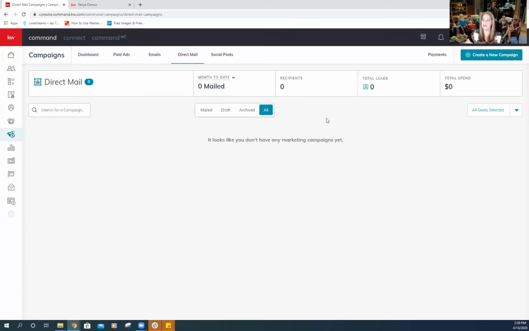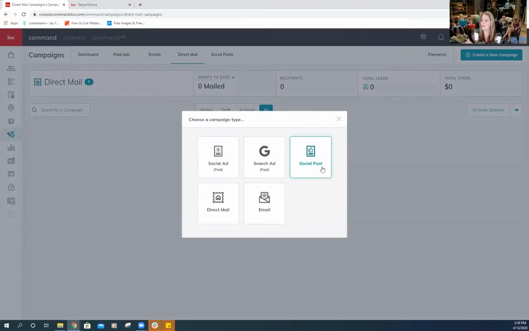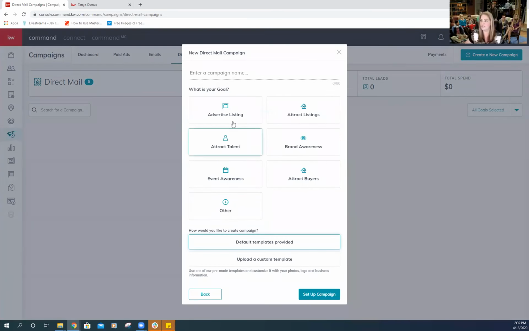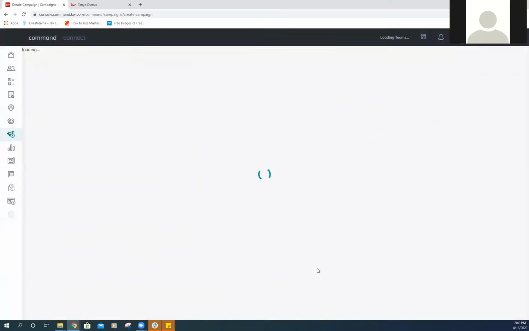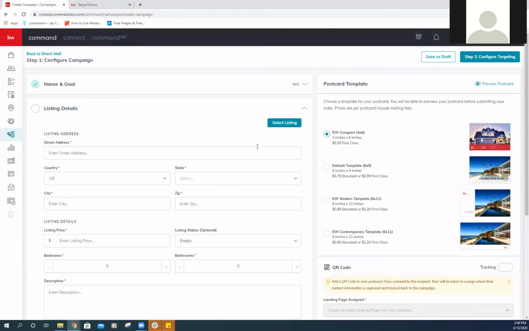You don't need that. I maybe have a list of addresses. You don't need that. Hang on, let me go right in here. Let's do, what do you want to do? Attract listings? I basically have a buyer, and I'm looking for people who are willing to sell. So you want to attract listings, right? Sure, yeah. You want to get a listing. Okay, so right here, they show you what the cost is of it. And then when you get the list, the address of where you want to send it,